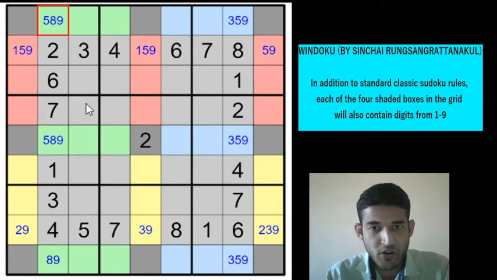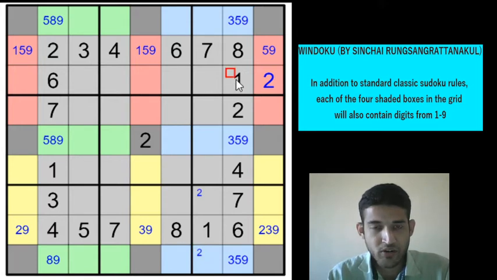Okay, if you look closely at the red cells, they need to contain 1 to 9, right? But 2 cannot be in row 2, 2 also cannot be in row 4, so there is only one cell left for the 2 now. 2 cannot be in row 3 column 1, 2 cannot be in row 3 column 5, so 2 has to be here because the red cells will also contain 1 to 9. So which means the 2 will be in one of these 2 cells.